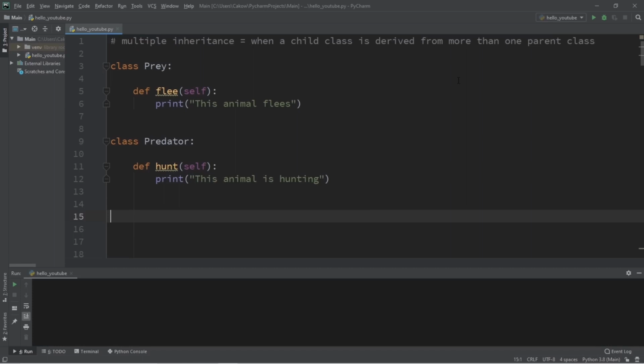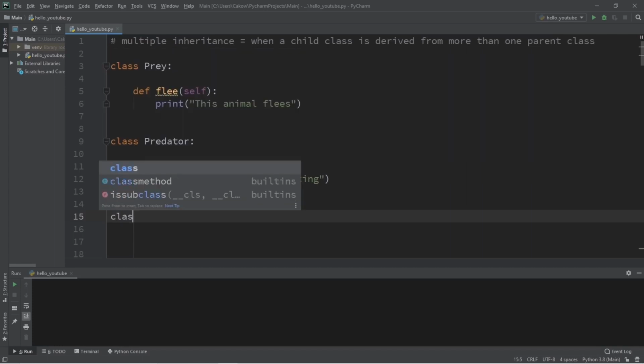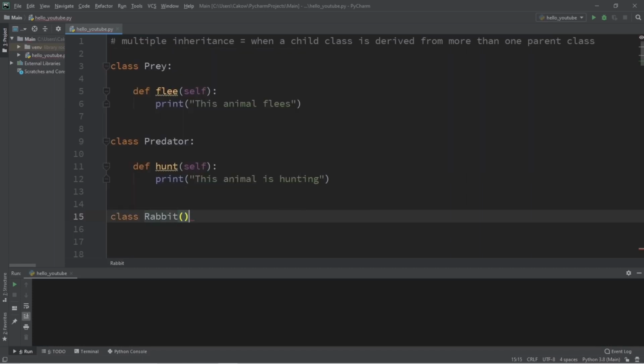Now let's create some classes based on certain types of animals. Let's say we have class rabbit, and rabbit will